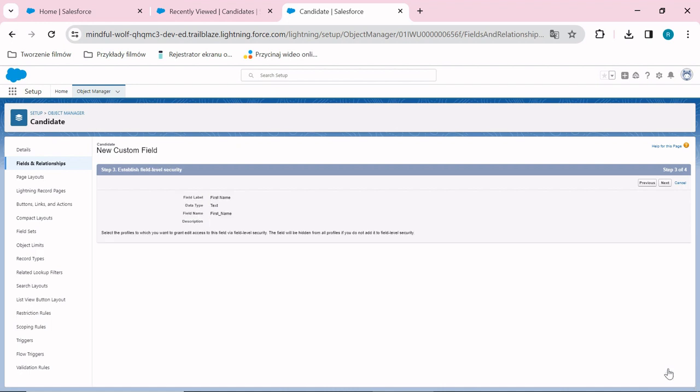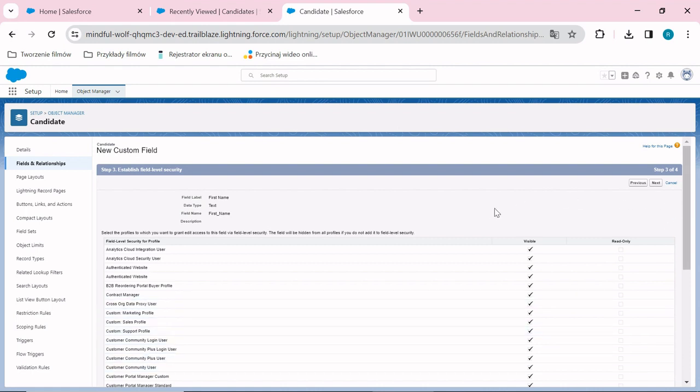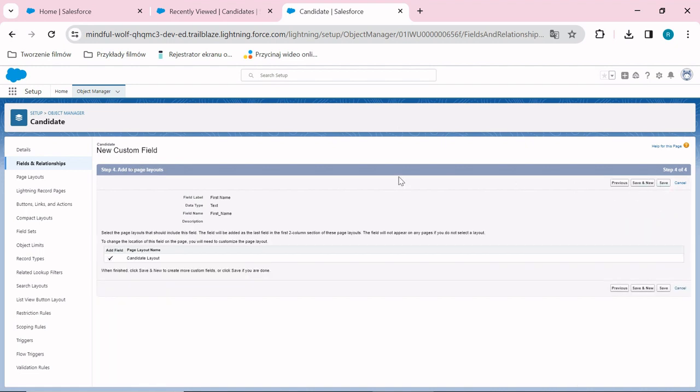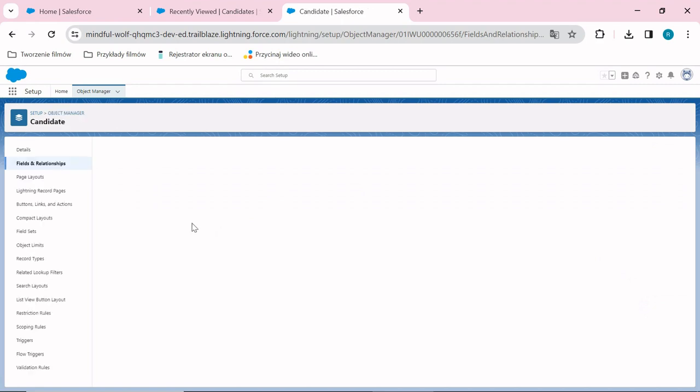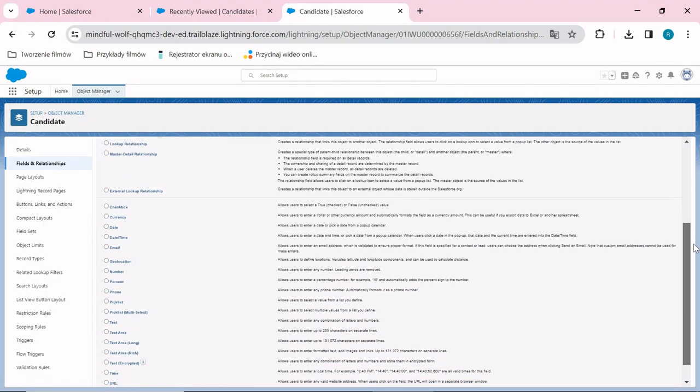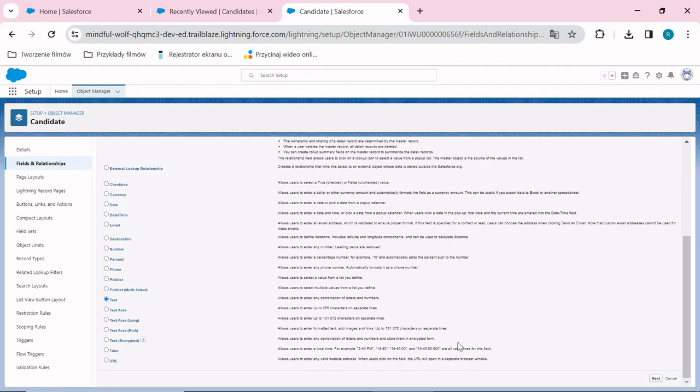We will press next. We will skip the step connected with the field level security. And in the last step, we add the field to the proper page layout, which is connected with the candidate record view. As we want more fields, we will click Save and New, which saves this field and starts to create a new one. Now we will create a last name, which will also be a text